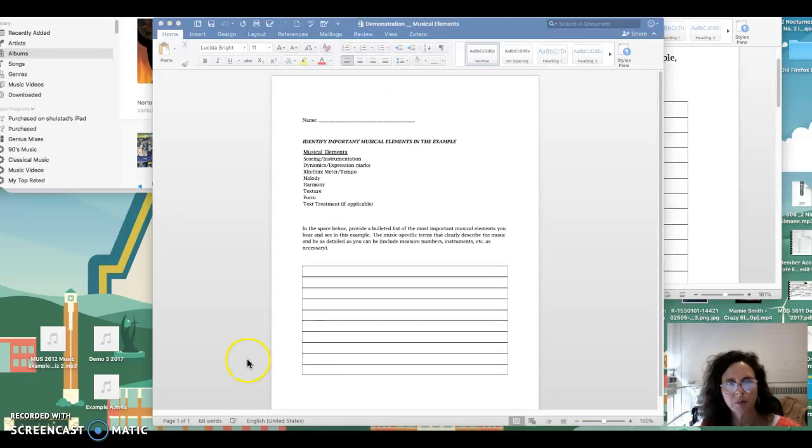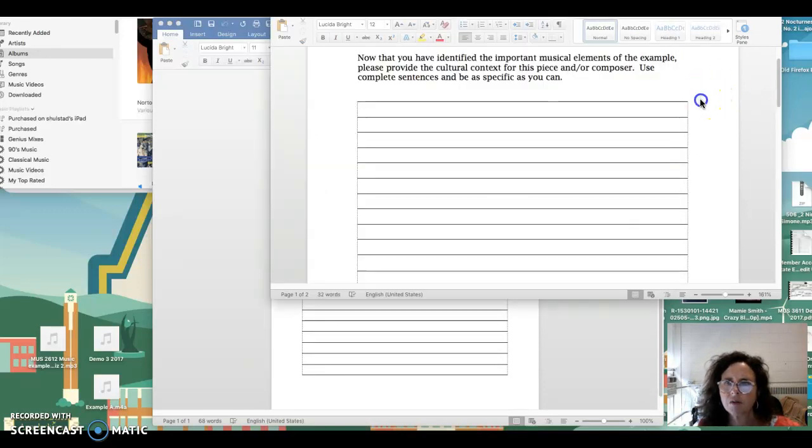The first side will be the place where you'll list the musical elements. And so I've got the categories for the musical elements listed here. And then in the space below, you're just going to provide a bulleted list about the musical elements that you hear on the piece that I play for you. Just like I've done in class many times. And then after I play it twice, I'll give you a few minutes,